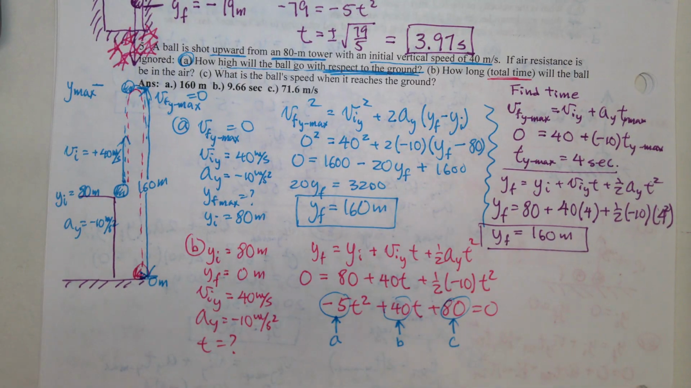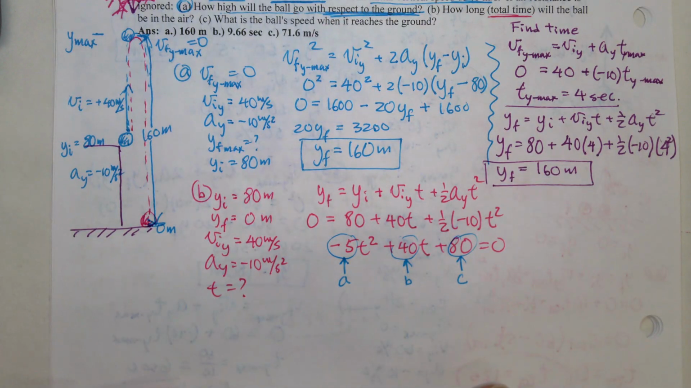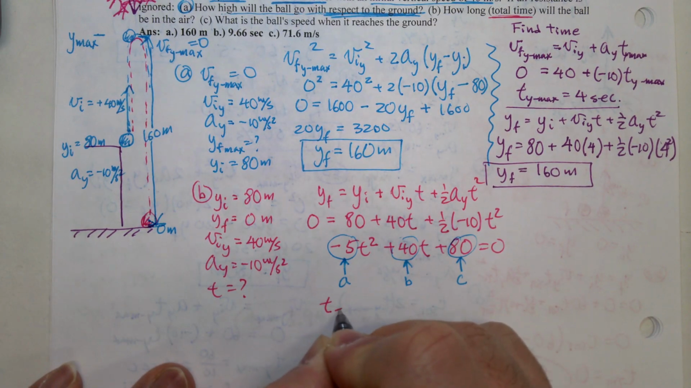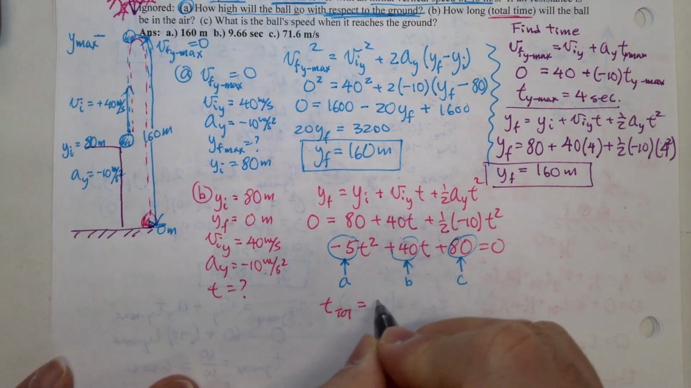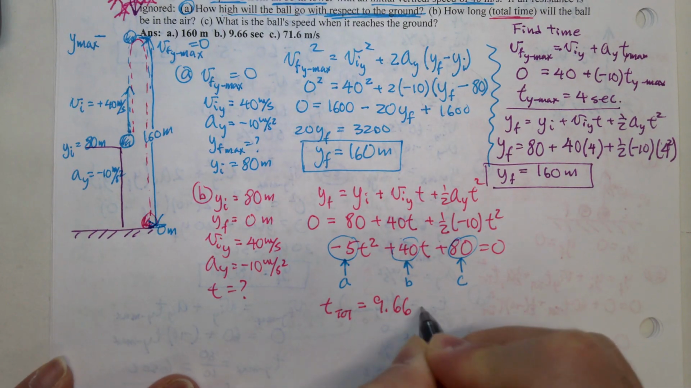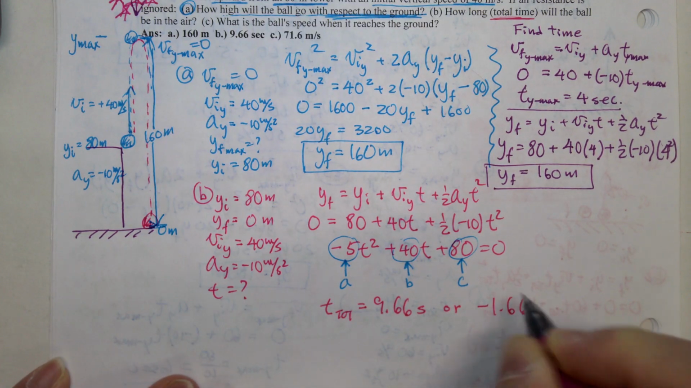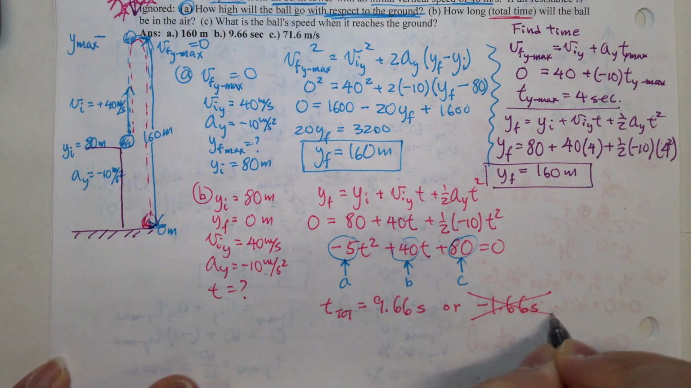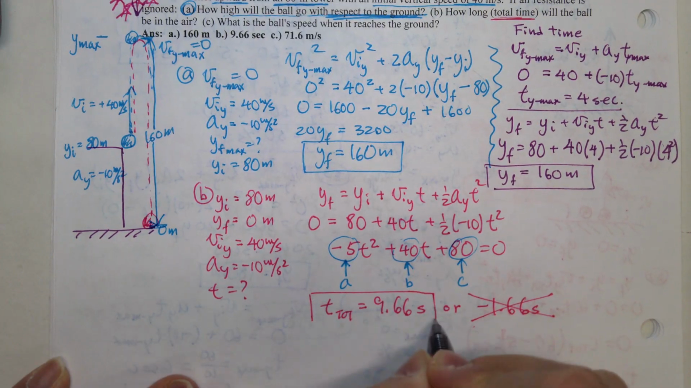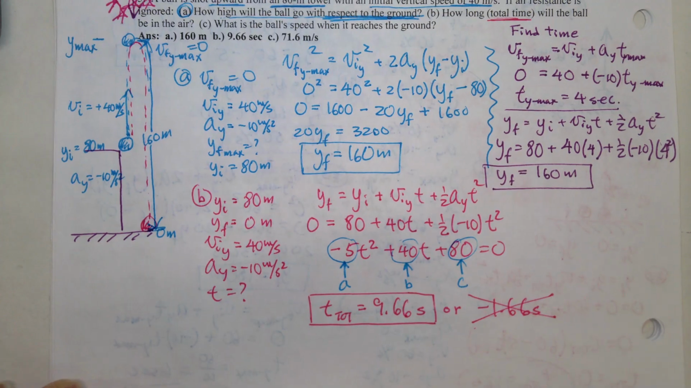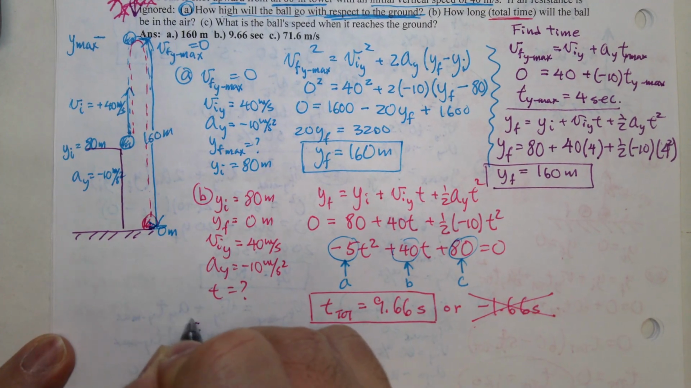If you use your calculator and use the quadratic formula, you'll get t total is equal to either 9.66 seconds or negative 1.66 seconds. Obviously time cannot be negative, so you need to pick the positive time, which is 9.66. And then for part C,